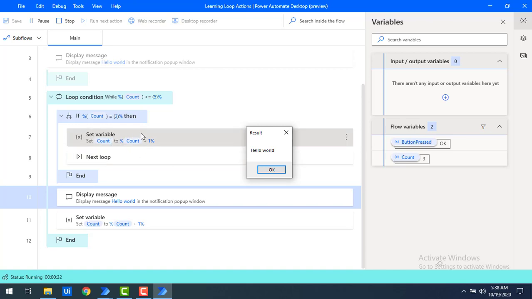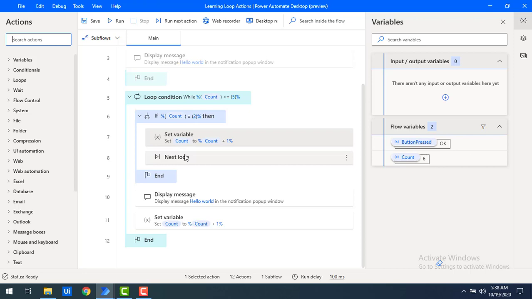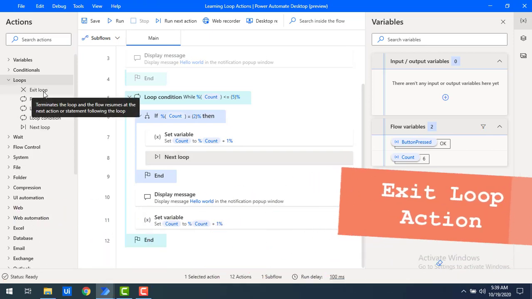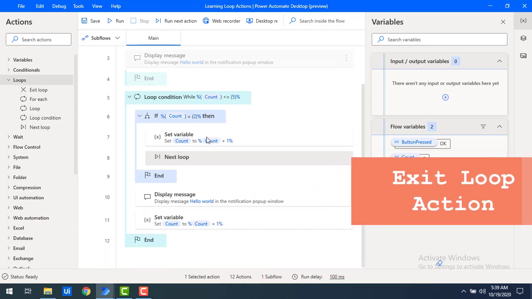That's the reason we don't display the value 2 over here. The next count, 3, has been increased, and then it was forced to go ahead and execute the remaining actions, like the next iteration. Now if you see, hello world for 4 and 5 has been displayed. So whenever you use next loop, it forces the next iteration of the block. All right, now we'll talk about the exit loop.